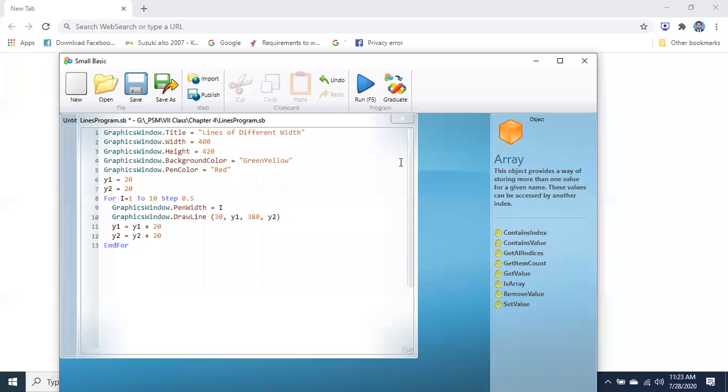Now in the next classes we will be drawing the circle and triangle and such kind of things. So this chapter will be over.